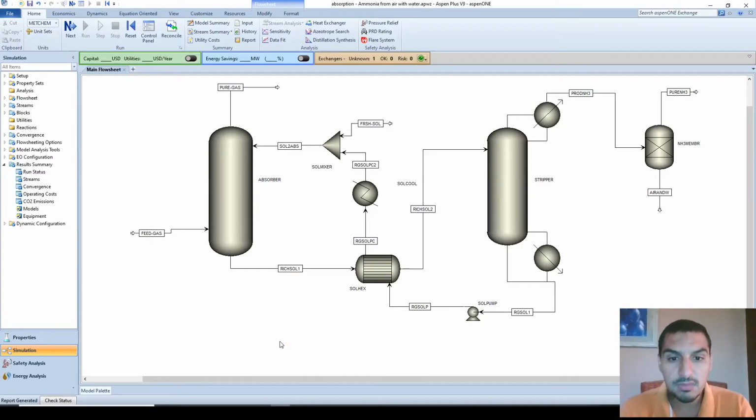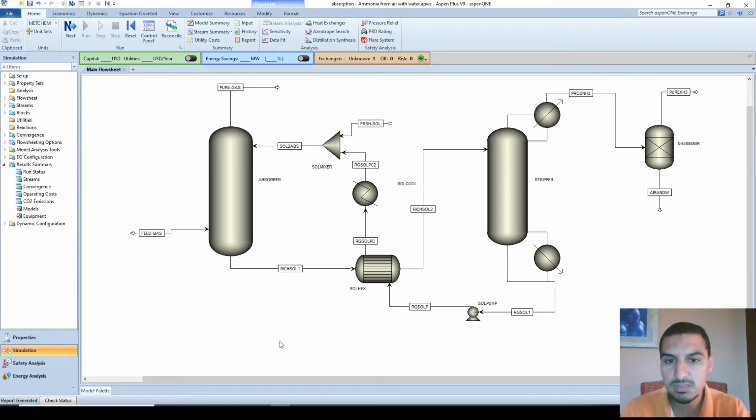Hello everybody. In this video we're gonna talk about one nice feature in Aspen Plus, and it's a very useful feature, especially for those who want to do something more after finishing the simulation. By this I mean using this data in doing something else, or to make a report or whatever thing that you want to do. So you want a means of exporting the data that you have so that you can